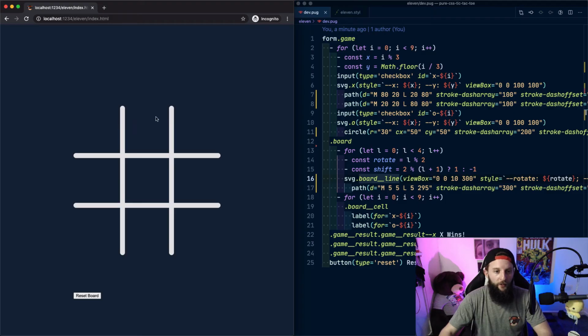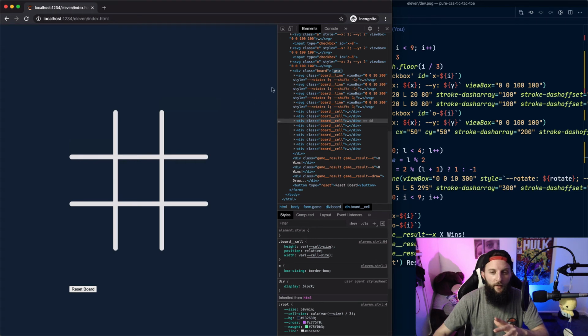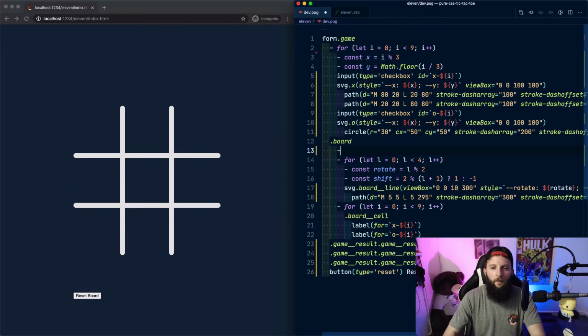Let's stagger the animation of these lines so it appears like they're hand-drawn. To do this, we're going to use inline CSS variables to define an animation delay for each line. To work out the delays, we can use DevTools to see which order we want. So we want to animate the first line first, then the third line, then the fourth line, and then the second line. Let's create an array named delays, and this will act as a map of delay multipliers for the